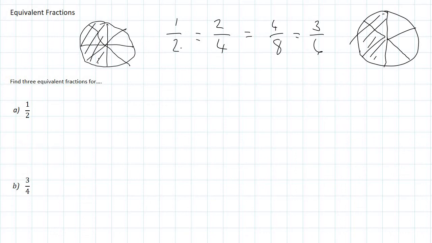Okay, and it's like I'm multiplying. So here, it's like I'm multiplying my shaded part by 4. And I'm also multiplying the total number of pieces by 4. So to get that 4/8, it's like I've multiplied the numerator by 4. And I've also multiplied the denominator, the total number of pieces, by 4. Okay? When I'm going from a half to 2/4, it's like I'm multiplying the numerator by 2 and the denominator